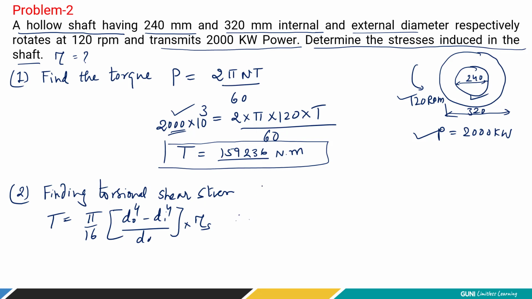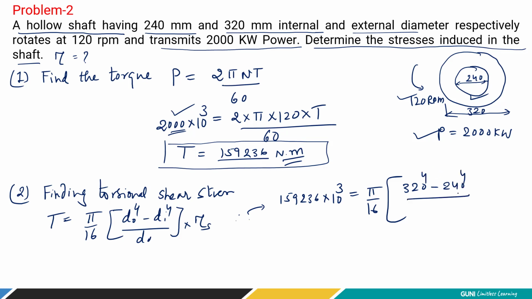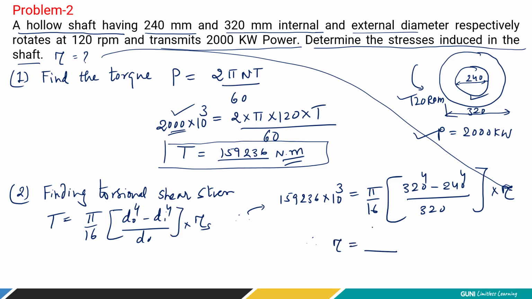Now let's try to solve this equation. The torque transmitted is 159,236, which is in Newton meter, so let's convert it into Newton millimeter. So pi by 16. Here we know all the dimensions: 320⁴ minus 240⁴ divided by 320. Now we don't know the shear stress. Shear stress we have to find, right? So students, try to solve it. This is a very simple solution. Use your calculator and find out. So the value is